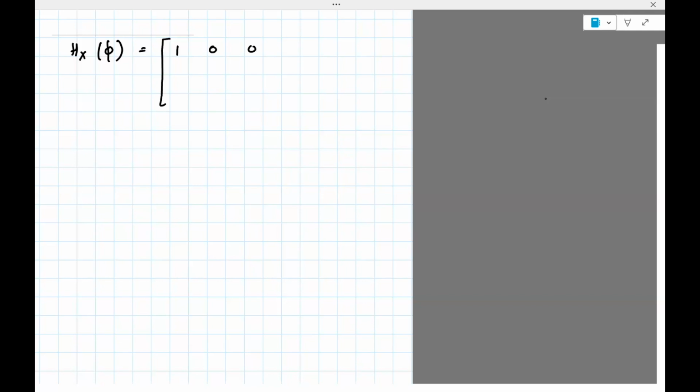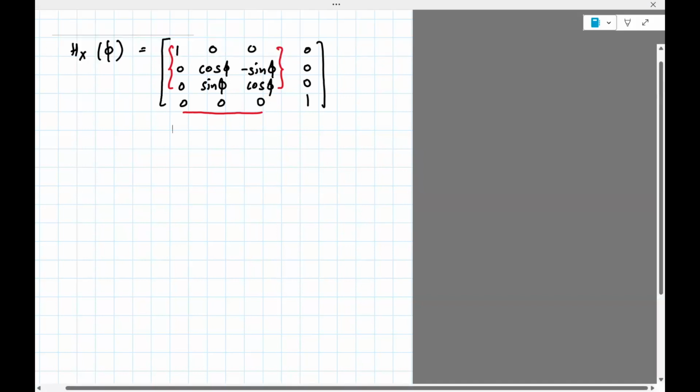1, 0, 0, 0, cosine phi, minus sine phi, 0, sine phi, cosine phi, 0, 0. Okay, so what you see here is that this is actually the rotation with respect to the x-axis, right, about phi. Now, the other things over there are, well, these are placeholders. They told you 1 cross 3. These parts are actually translation parts, which will also be 0. So we can now take this and go with hy